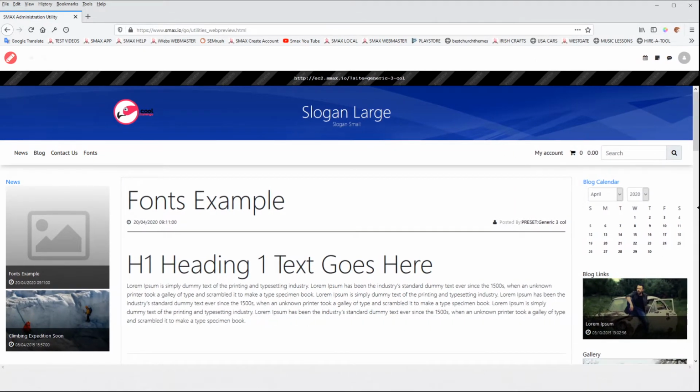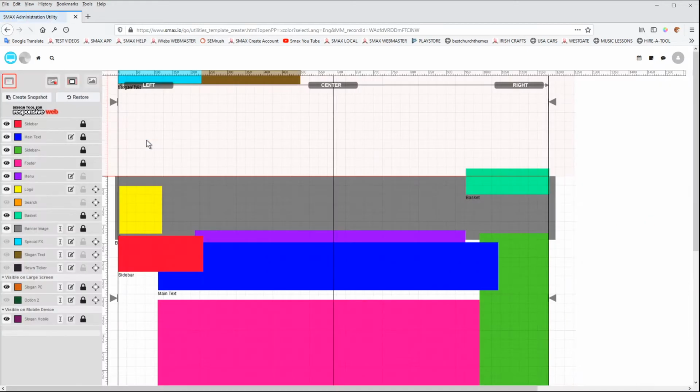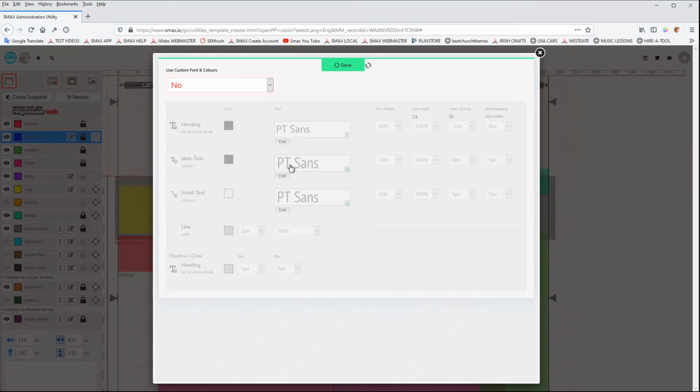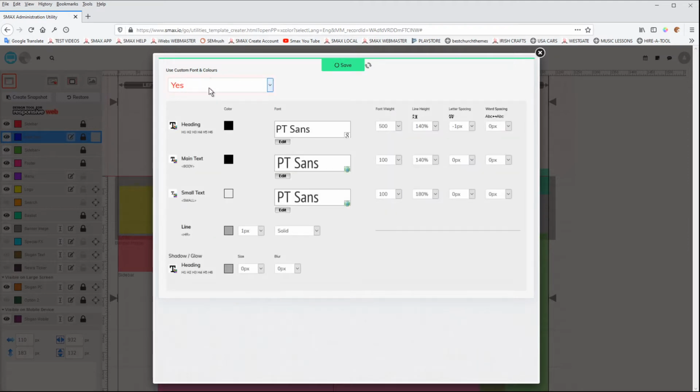Okay, so we can see if we don't change anything we've got a fully working site, but we want to have a play with this and change a few things. So in order to do that we need to click here, yes, use custom fonts and colors. What this does now is override the factory settings, so we now have complete control over the color of all the headings,